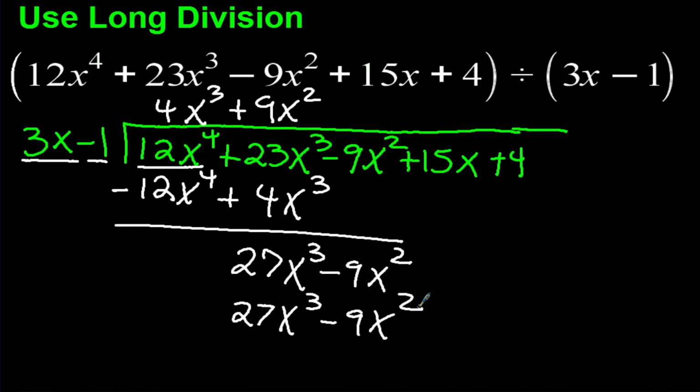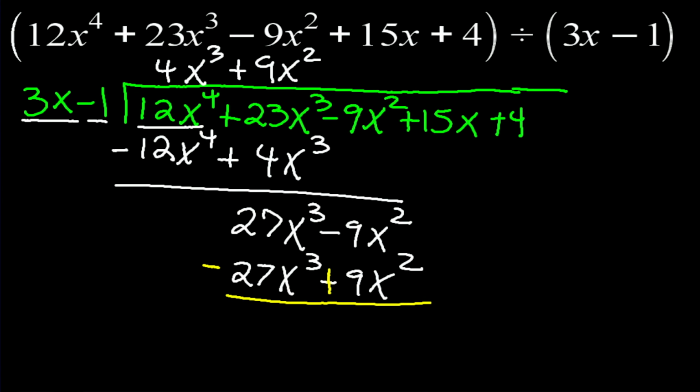Then again, I have to change the signs. So I change that and make it negative. This is negative, I make it positive. And then I subtract, or take the difference. 27x cubed minus 27x cubed zeroes out. In this case, minus 9x squared plus 9x squared also zeroes out. So now I have to bring down my next term, 15x. But I also have to bring down my plus 4 to go with it,